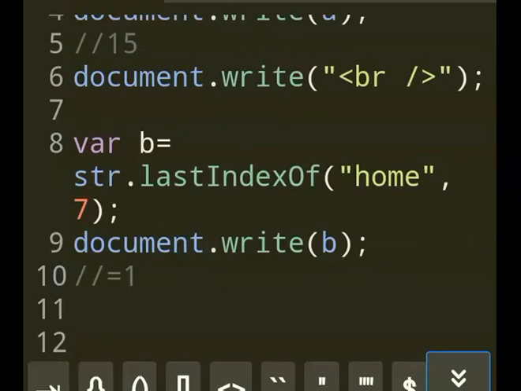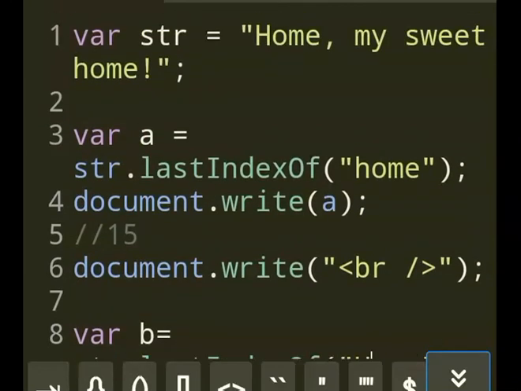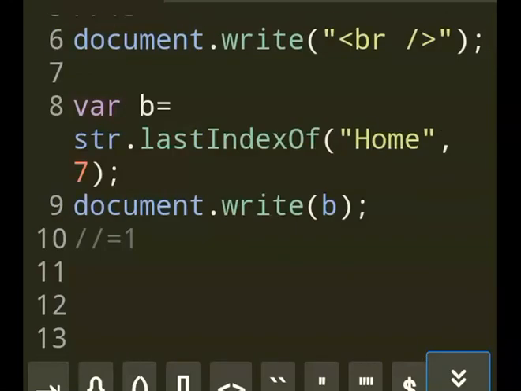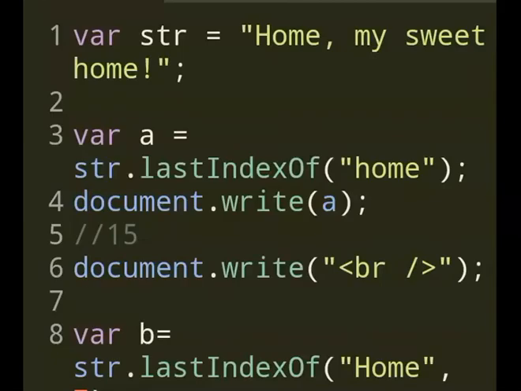Now let's test out the same thing. I just repeat here. Instead of small h, I just replace this with capital H, just to save time. Now here the answer should be 0, because remember when I started counting from the 7th position backward, I reached H and my count was 0. In any case, we know that it starts with 0, so the result should be 0 if I do the capital H and then position 7. So you can see the result here, it's 0. So this is the meaning of lastIndexOf with position and without position.